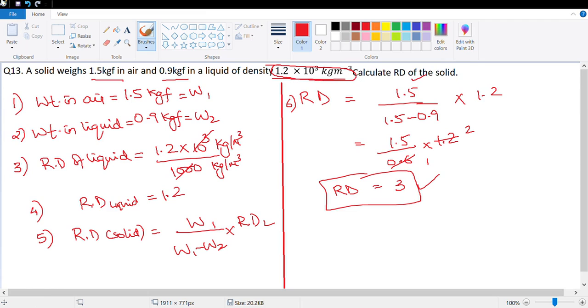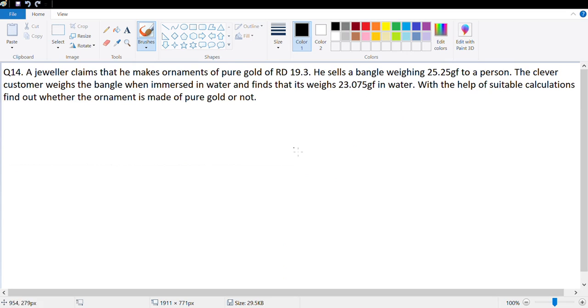The next question that we do is question number 14. So question number 14 says, a jeweler claims that he makes ornaments of pure gold of relative density 19.3. He sells a bangle weighing 25.25 gram force to a person. The customer weighs the bangle when immersed in water and the weight is 23.075 gram force in water. With the help of suitable calculations, find out whether the ornament is made of pure gold or not. So let's look at the information for the customer. So for customer,